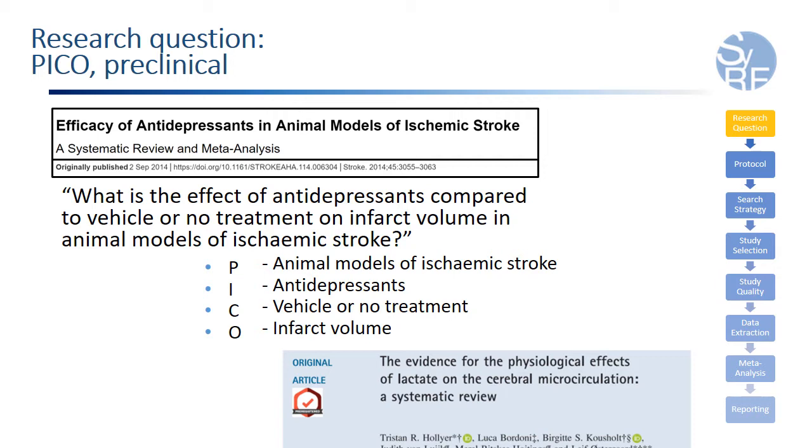For example, a recent systematic review used a broad-scoped approach to investigate the current evidence for how the cerebral microvasculature responds to lactate in studies ranging from the cellular level, so in vitro and in vivo studies, to human experiments. The aim was to identify gaps in knowledge which may provide further insight into future experimental hypotheses and novel treatment avenues. There are many different examples of how you can formulate a research question.